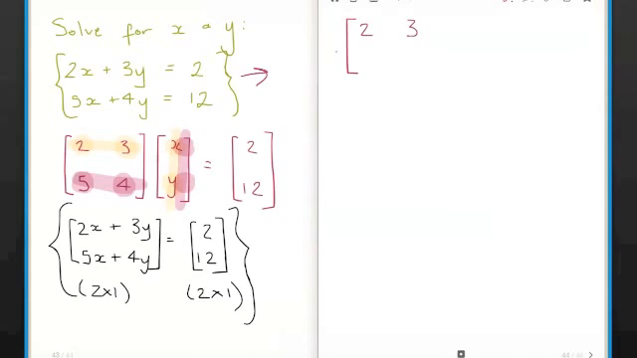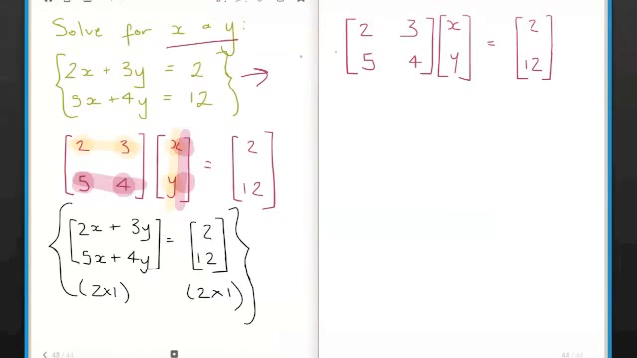2, 3, 5, and 4 times x, y equals 2, 12. Now I want to solve for x and y. So I want to get this matrix here on its own. To do that, like we did before, we need to take this matrix to the other side. To do that, we go x, y equals